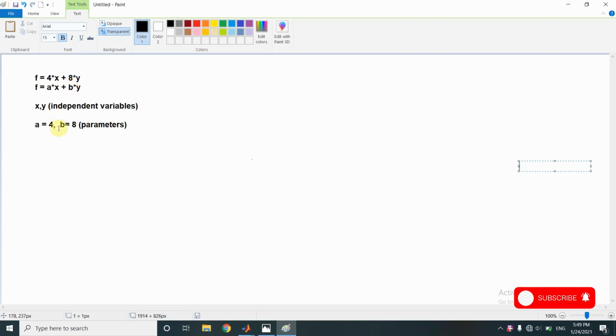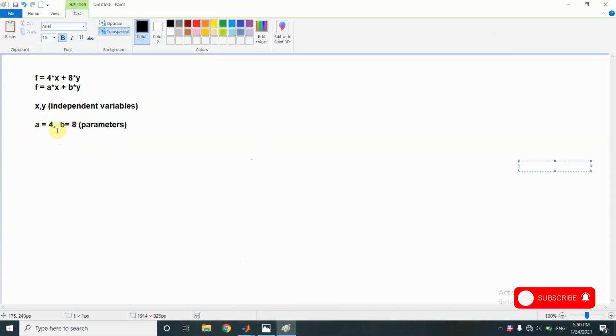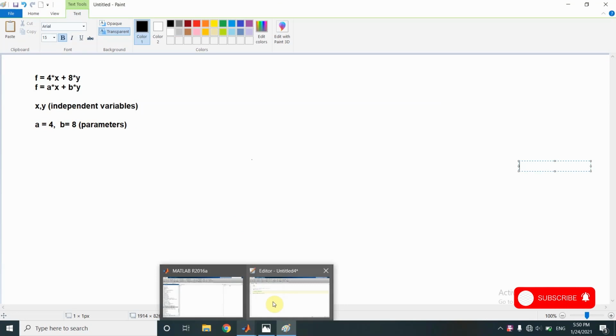So, as I told earlier, in this first bracket, we will pass only x and y. If, for example, that particular function is the objective function we are to minimize, then this first bracket will have x and y, and this second bracket will have x and y along with a and b. And these a and b are simply the parameters, the constant values, and x, y are the independent variables whose values change throughout the algorithm.